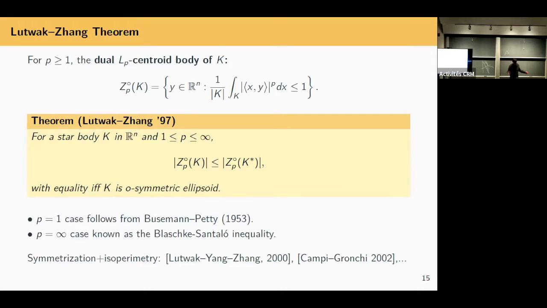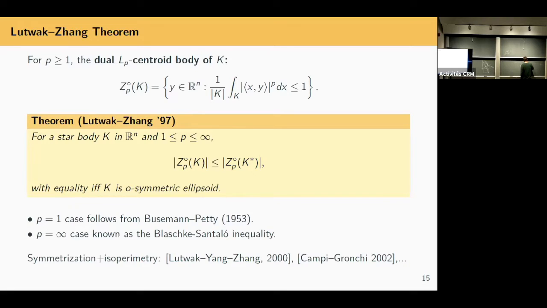But the P = 1 case is something connected to the objects at the beginning of the talk. The P = infinity case is a standard dual construction of your body, and there's also a famous extremal inequality known as the Blaschke inequality, which exactly says this. And the Lutwak-Zhang theorem, in a sense, puts all of this in one scale. So there's P = infinity. It's a known inequality. P = 1 here is very much related with the story about Busemann and Petty that I mentioned at the beginning.